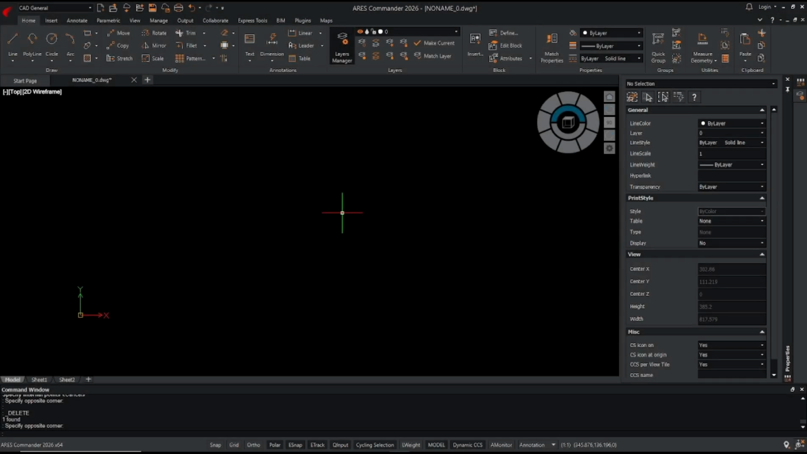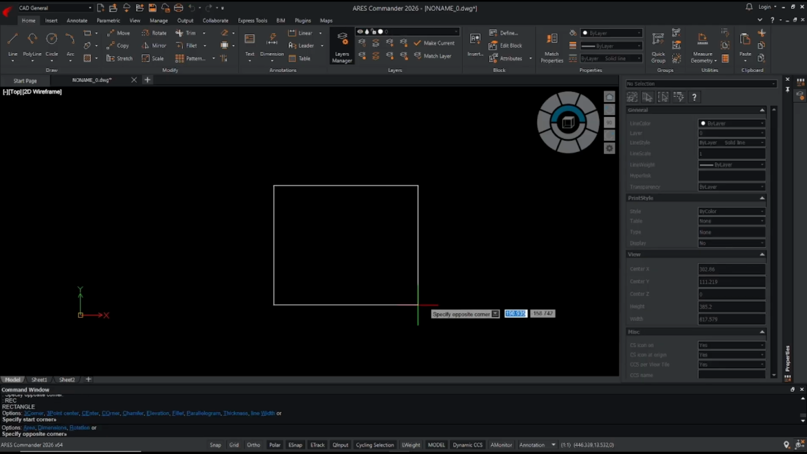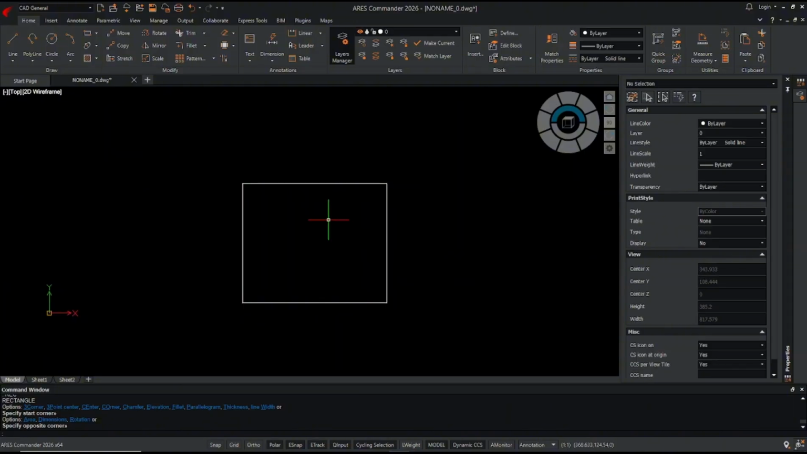Hello everyone, today we are going to learn the basic ARES Commander tutorial: how to add hatch patterns. For example, I will draw a rectangle, and if you want to add hatch patterns, you can type hatch, press enter,